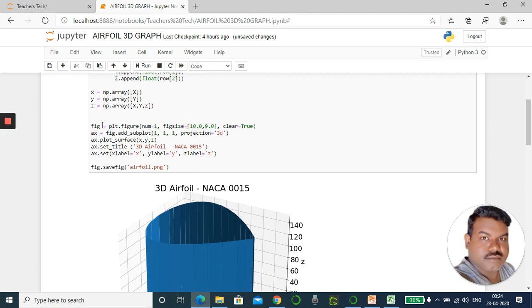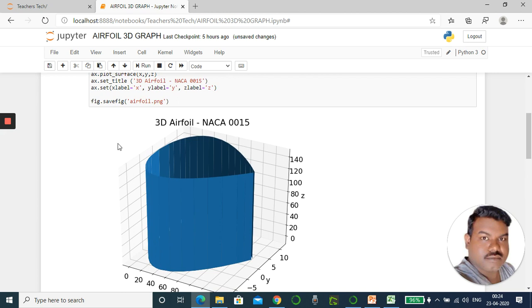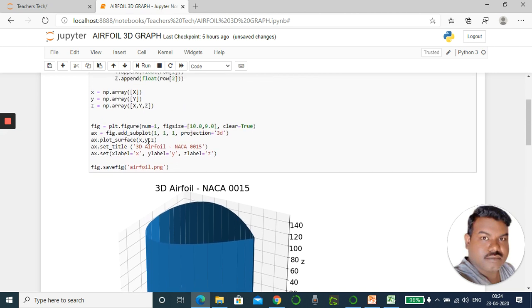Figure is equal to plot dot figure, comma, num equal to 1, that means number one, first figure. Then figsize, the total size of the figure, you can control with this one. This should be in float value, that is with the decimal point, so 10.0 comma 9.0. If you want to change it, you can change it.